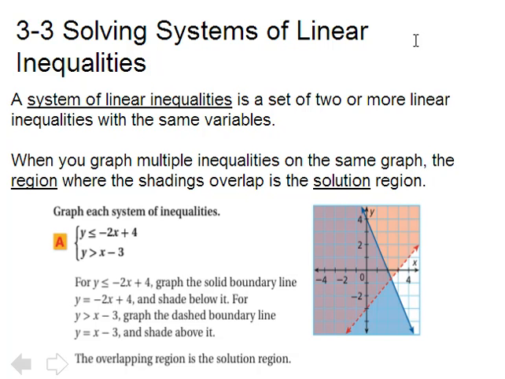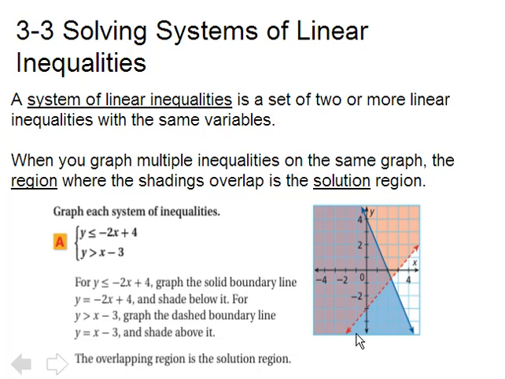Well, now what we're doing in section 3 here is we are talking about linear inequalities. And when we have a system of linear inequalities, what we're looking for really is an area or a solution where two linear inequalities overlap. So our answer really isn't a point, it's more of an area or a picture of the graph that we're looking at. You can see here in this example that both of these linear inequalities are solved for y, and